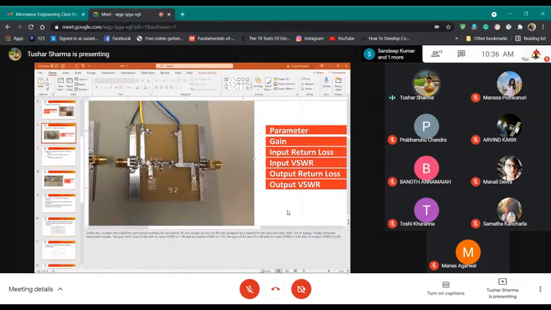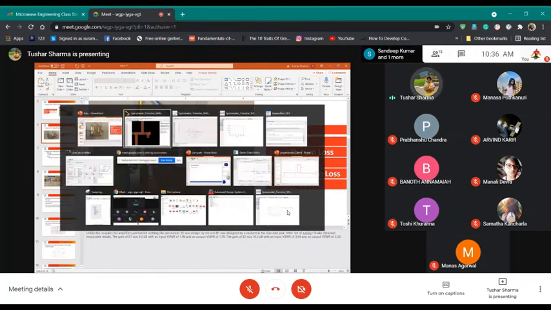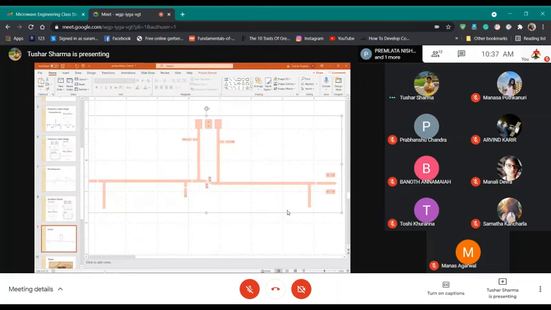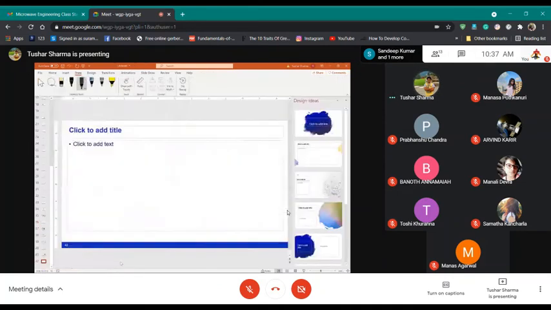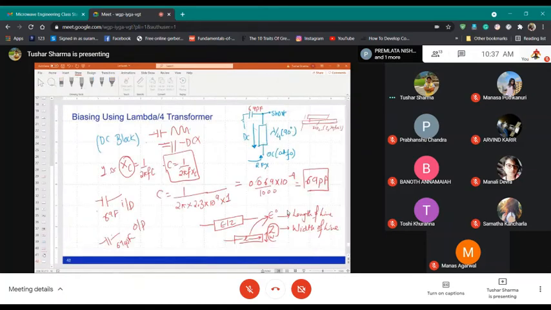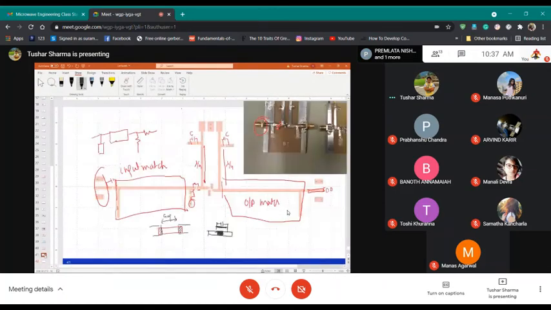Then you have, they are using bias before. So they have a bias line, and then they have this open stub, or better is the figure I was showing you, this one. Capacitor, just 1 second. Okay, it's here. Yeah, capacitor, input match, RR, lambda by 4 line C, lambda by 4 line C, output match ये.